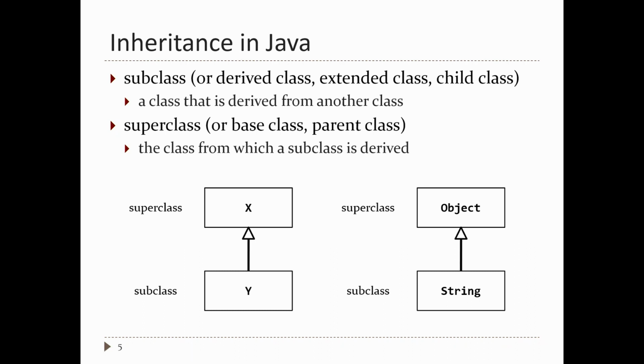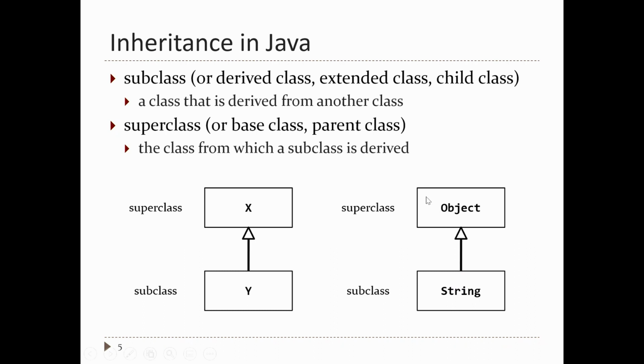In the UML class diagram, you illustrate an inheritance relationship by drawing an open arrow, a triangle, and then a line, from the subclass to the parent class, or from the subclass to the superclass. So in this picture, it says that String is a subclass of Object. Now, in inheritance, the relationship is strictly one way. So String